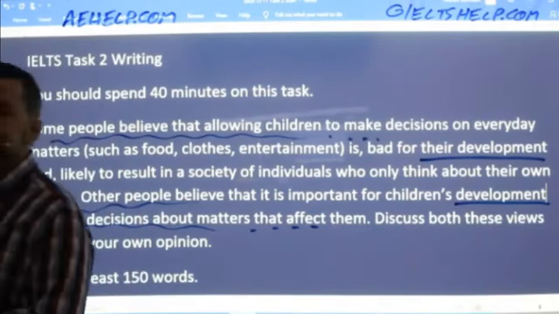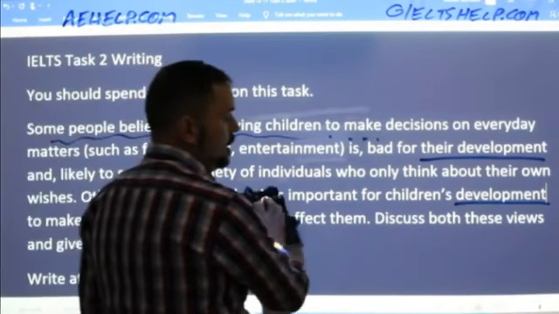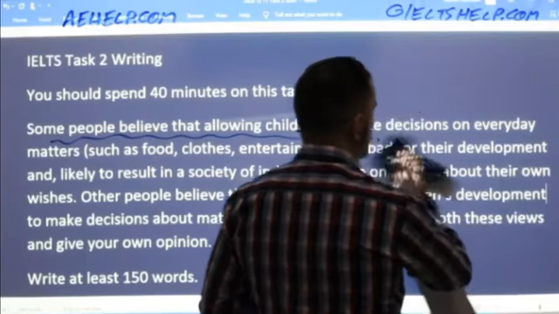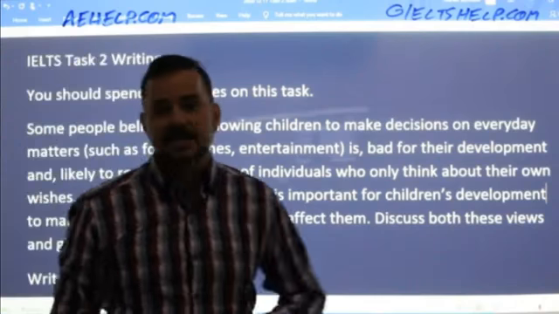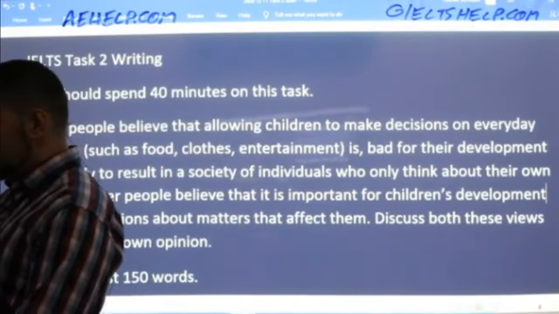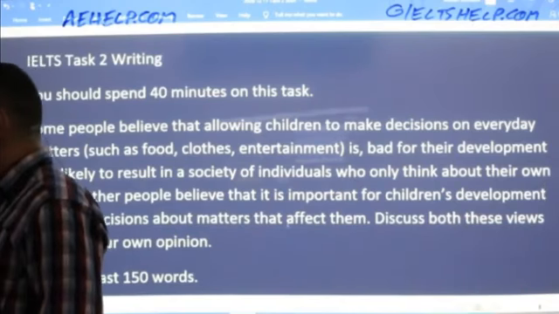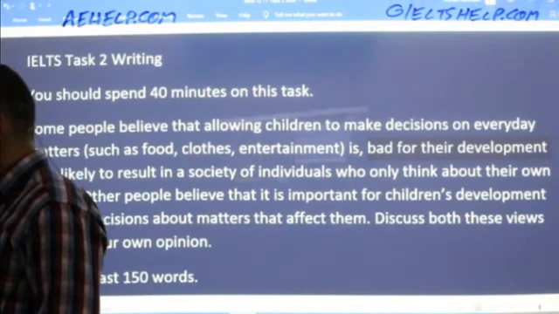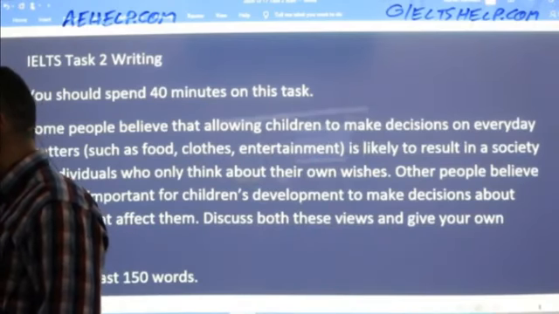All right? And I think, Abhishek, that's what was giving you a little bit of trouble when you were working on this question. And I think that's probably why you sent it to me to discuss in the class, because you were probably having a little bit of difficulty identifying exactly what this topic really is and what I am supposed to focus my essay on, right? What's the central concept or idea that should be in my essay? Okay. So again, go through those steps that I just showed you.